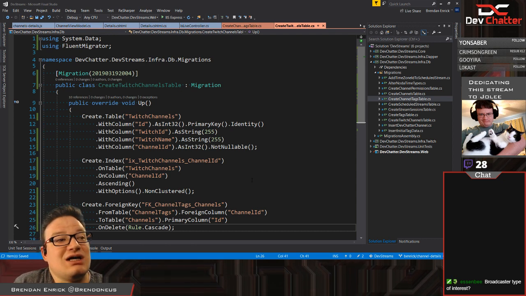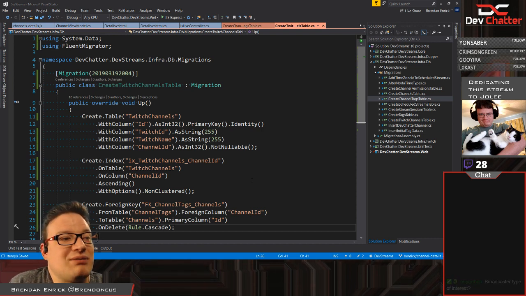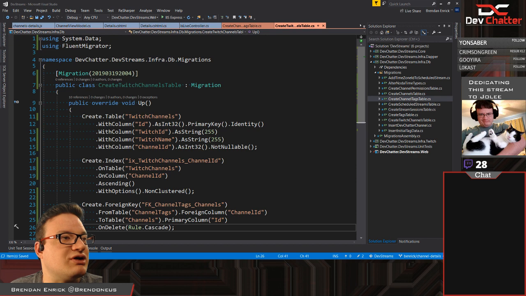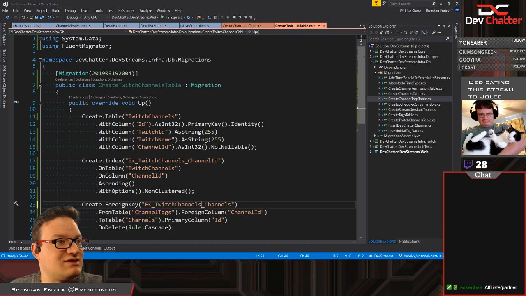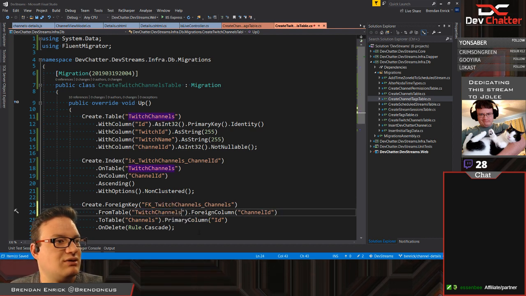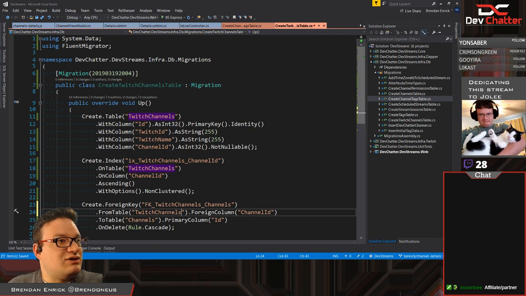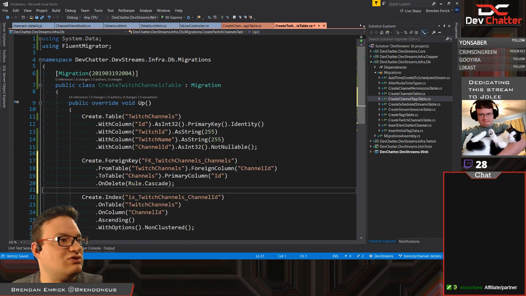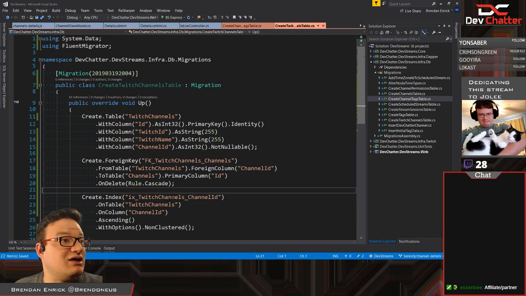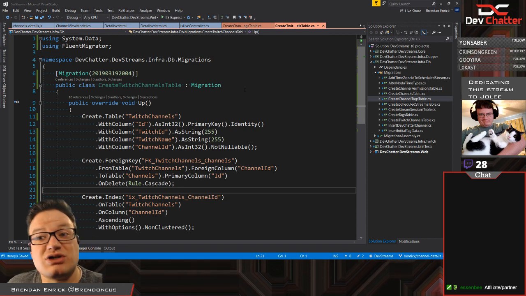In this case, obviously, we're starting off just with Twitch being the only possibility, but others, obviously, we would want to do as well. So foreign key between this table and channels. So channels on channel ID, primary key, and yes, we do want to cascade this. If you delete the Twitch channel, we want to get rid of, if you get rid of the channel, we want to get rid of the Twitch channel as well.